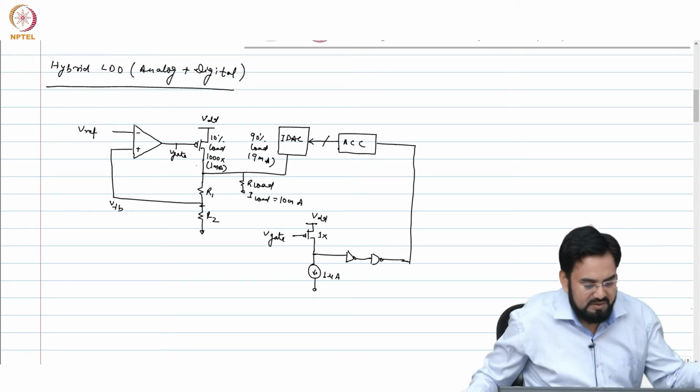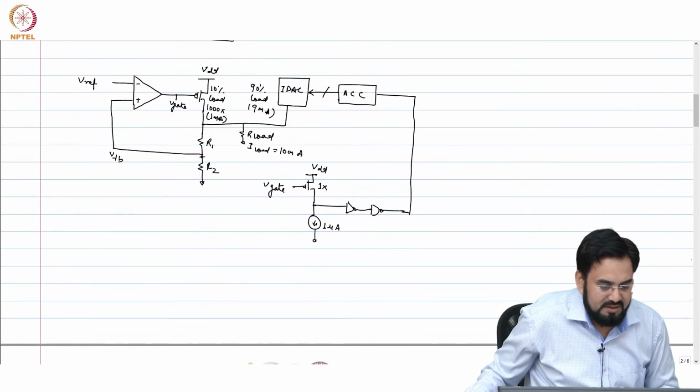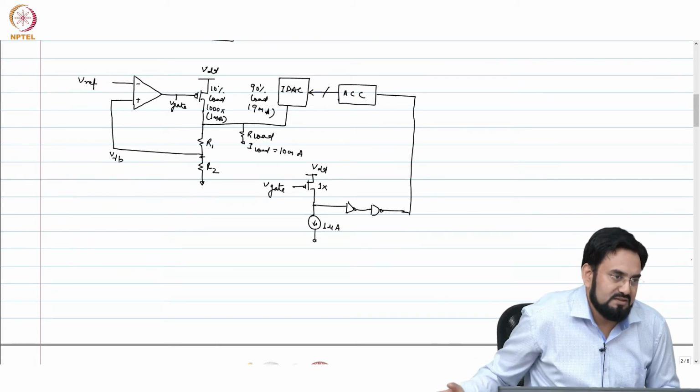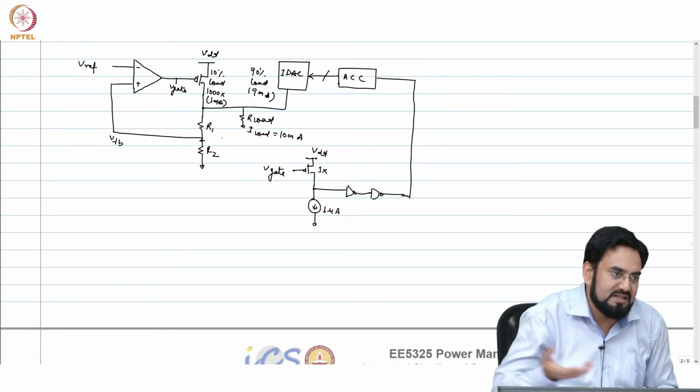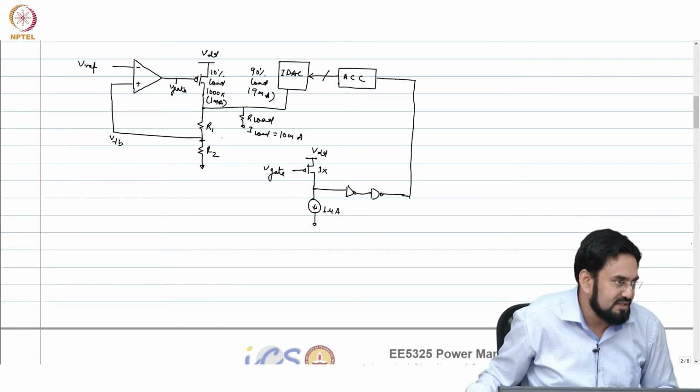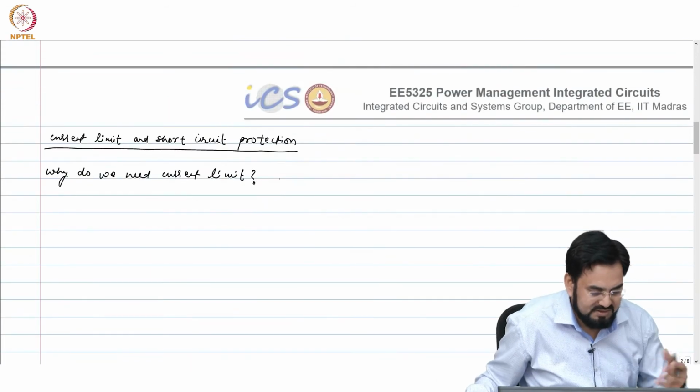So when we talk about layout, we'll talk about that. Another thing is that the device itself may not carry that much current. So metal is the other thing. The device itself, the contacts may get damaged, your source and drains may get damaged. So the device itself may get damaged.